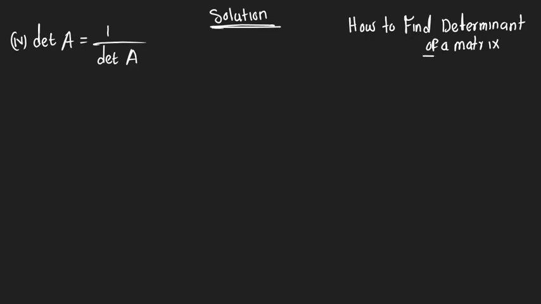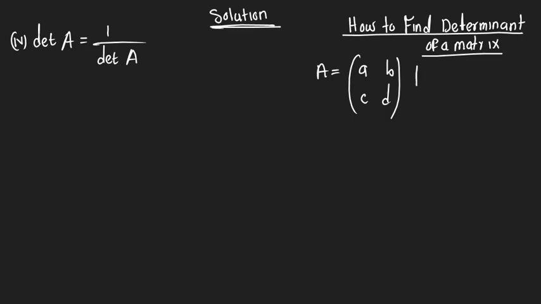How to find the determinant of a matrix. Look at this. If you have a matrix, let's say A, and that A is A, B, C, D, this is a 2 by 2 matrix. For a 2 by 2 matrix, the determinant is found by just cross multiplying. So it's going to be A times D minus